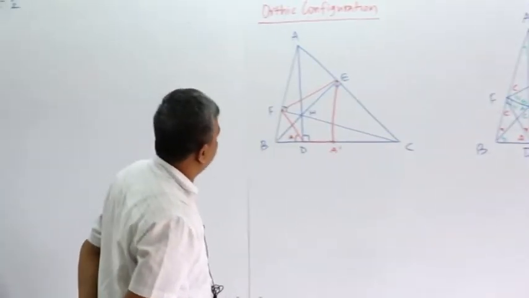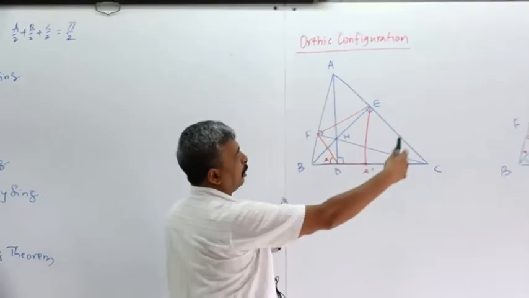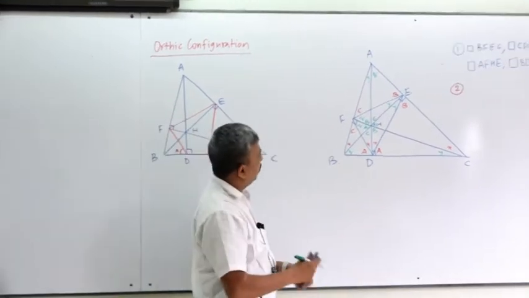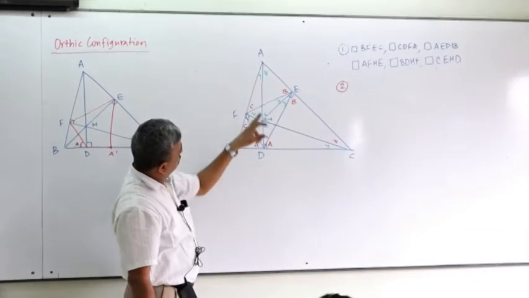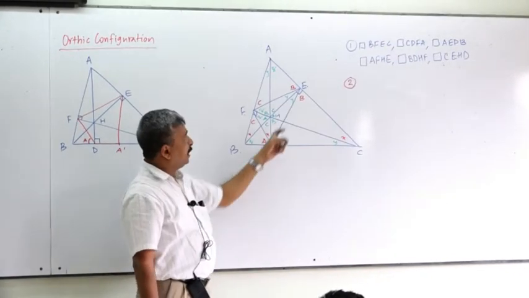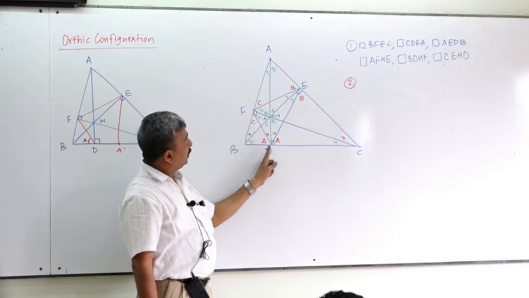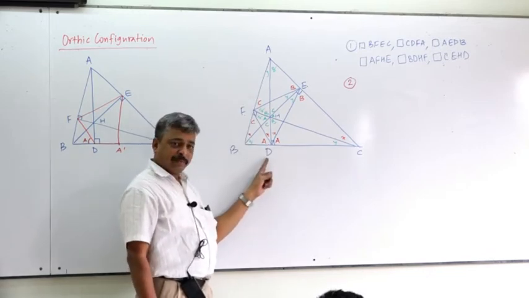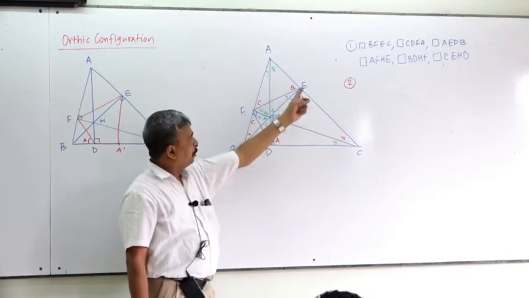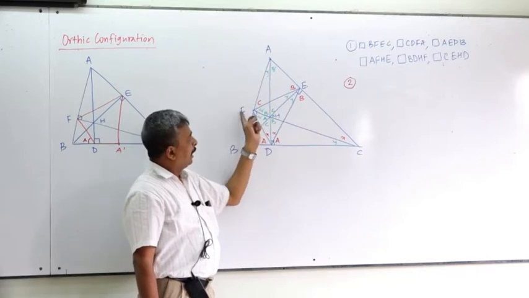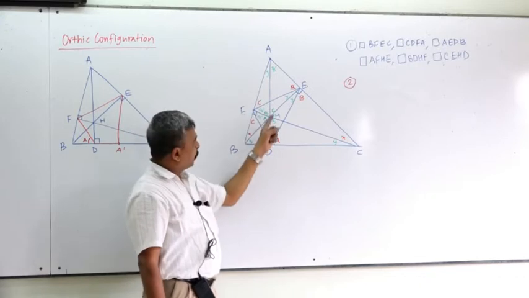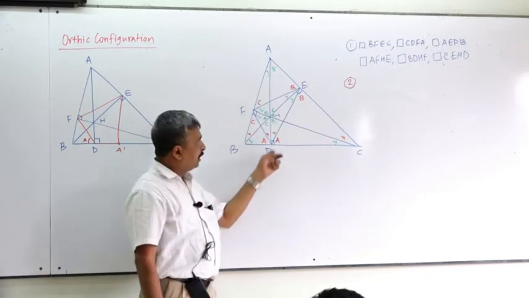So now let us come back to this configuration here, and whenever we require some additional properties from there, I will tell you what those properties are. But anyway, right now, H is the orthocenter of triangle ABC. But if you look at DEF, this DA is angle bisector of D because XX. EB is angle bisector of E, YY. And FC is angle bisector of F, ZZ. Therefore, H is incenter of triangle DEF.